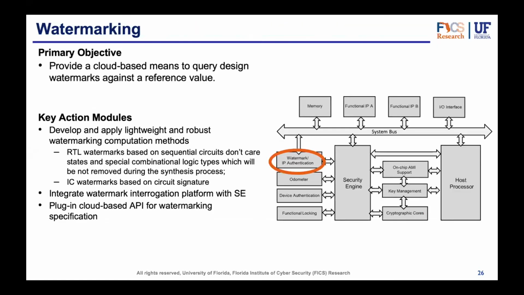Another big effort in the team is focused on watermarking, which provides proof of authorship. Again, the technology has to be developed, and what we're doing, we're mostly focusing at this point at the RTL level, finite state machine, don't cares, etc., to be able to develop watermarks. These are watermarks that, when they go from one stage to another, the translation should not impact the quality of the watermark. I'm going to skip the details.